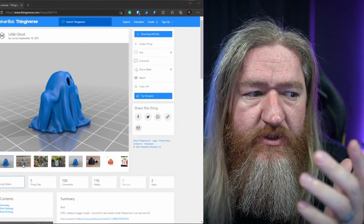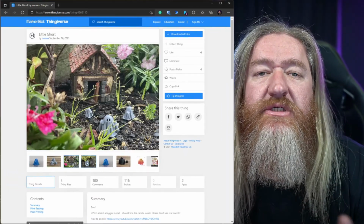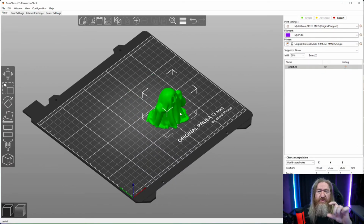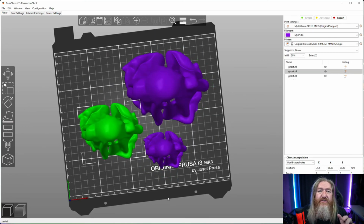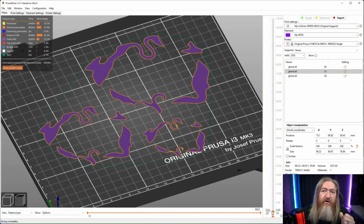But yeah, so Narnaa on Thingiverse designed these little ghosts. I don't know how, but designed these little ghosts. The way I printed them, I only chose one of the models and I scaled them because when it comes in it's very small. I'll scale them to 200%, 300% and 400% accordingly, and then kind of just printed all three of the ghosts